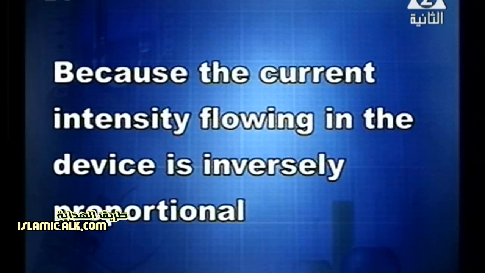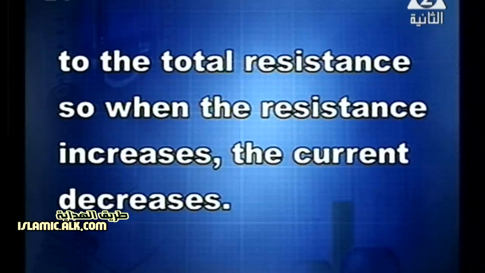Okay, it's all easy because the current intensity flowing in the device is inversely proportional to the total resistance. So when the resistance increases, the current decreases. And this explains why the scale of the ohmmeter is reversed to that of the galvanometer. Another important give reason,